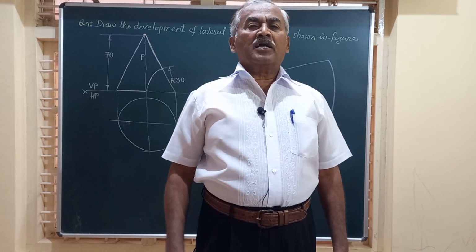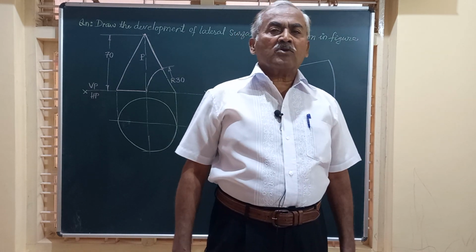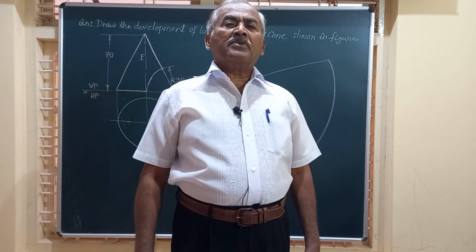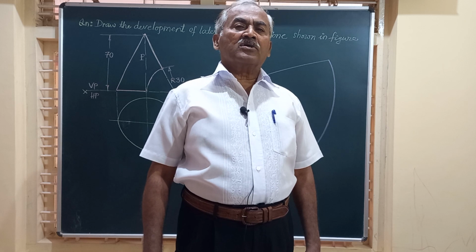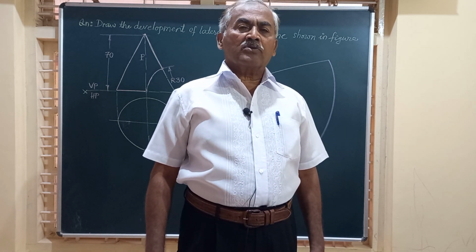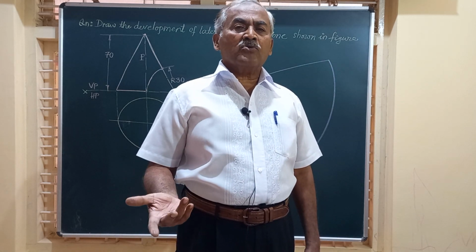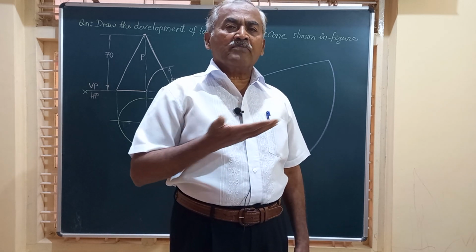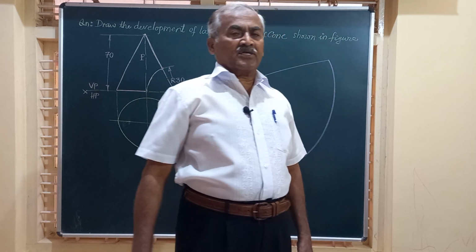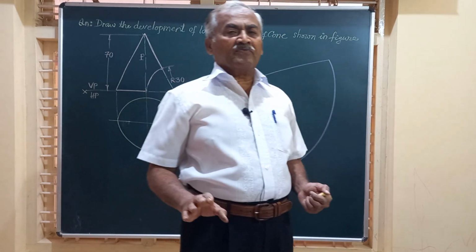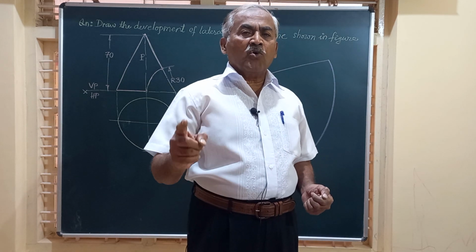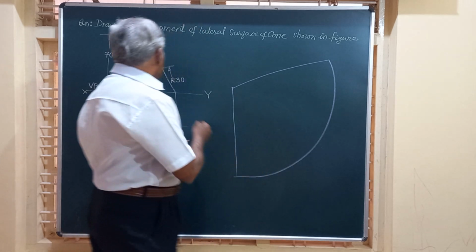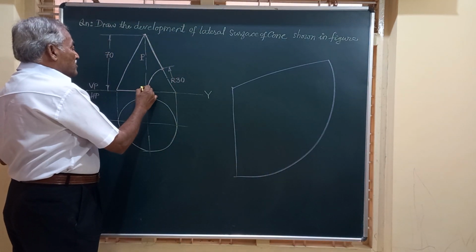In today's video, we are going to work out a problem on the development of the lateral surface of a right circular cone. When I say a right circular cone, I mean that the base of the cone, that is a circular base, is perpendicular to the axis. Unless otherwise specified, whenever a cone is mentioned, it's always a right circular cone, wherein the axis is perpendicular to